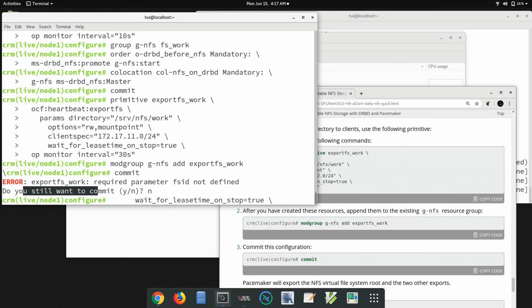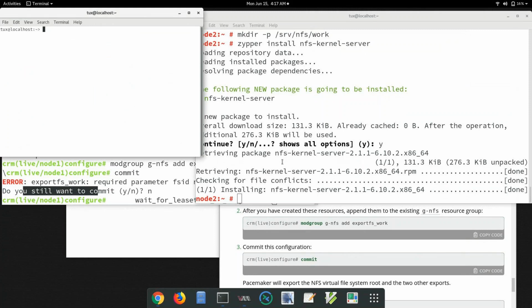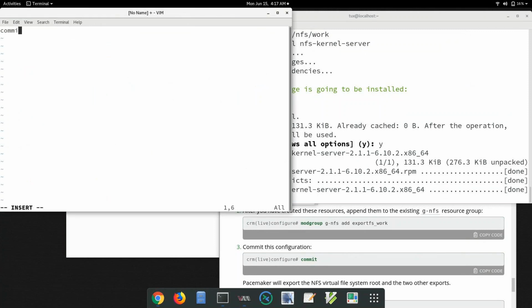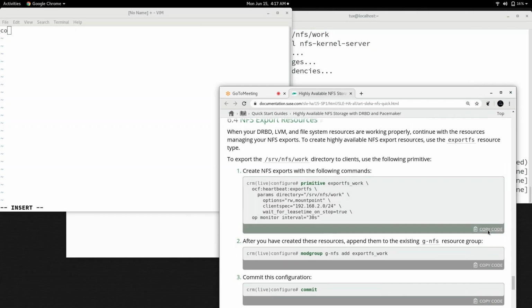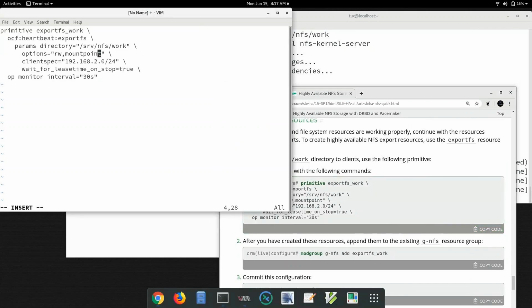Let me come back to my new terminal, right? And then I'm supposed to copy this again. This is one parameter which is not there in this documentation, as per the error.